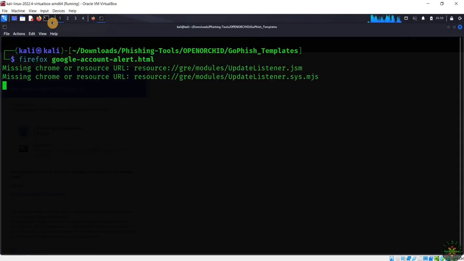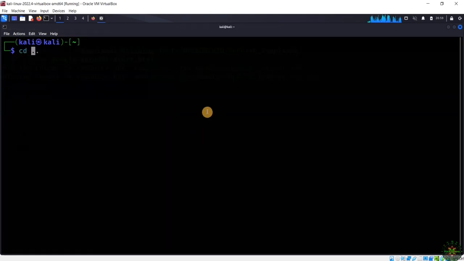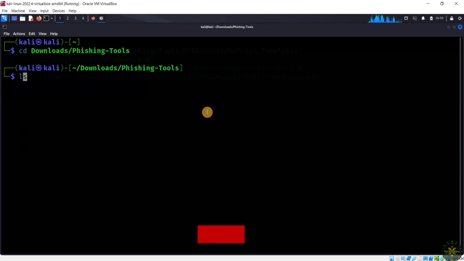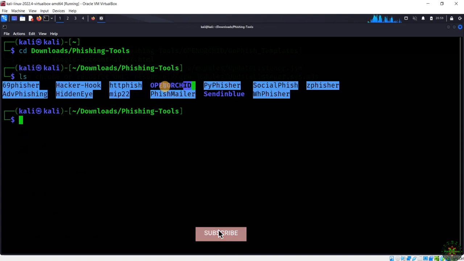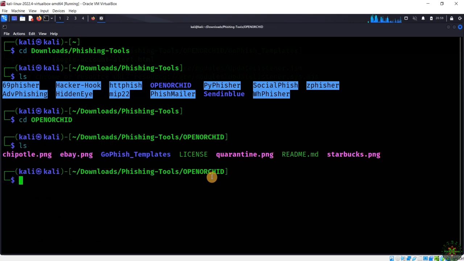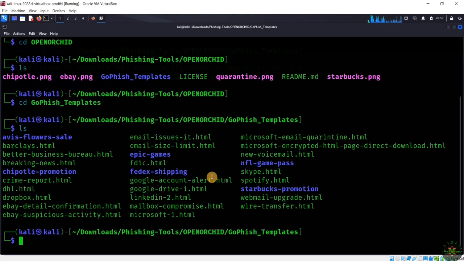terminal. So for example, let's open a new terminal and go inside our tool right here. Open again the same folder and again go to the templates. As you can see, this is all of the templates and this is the file that we want to